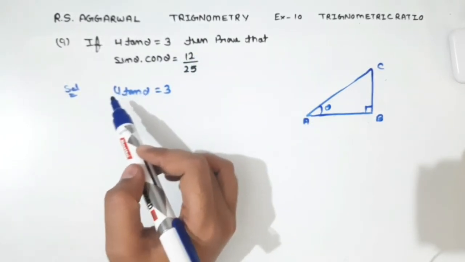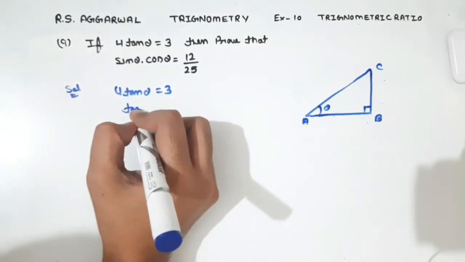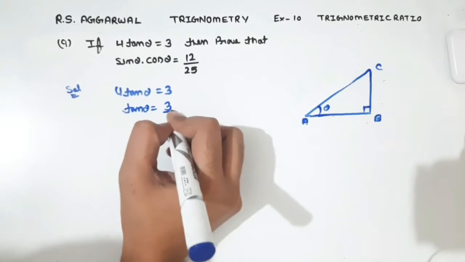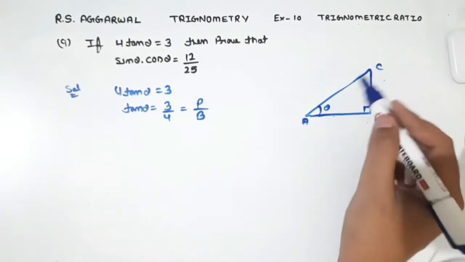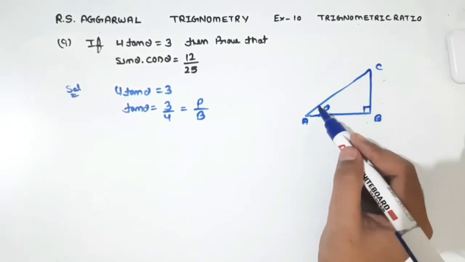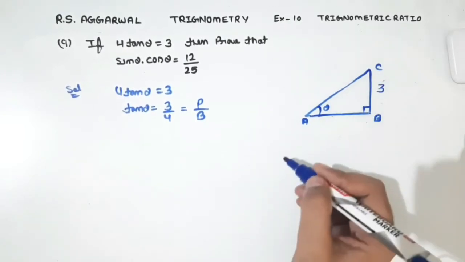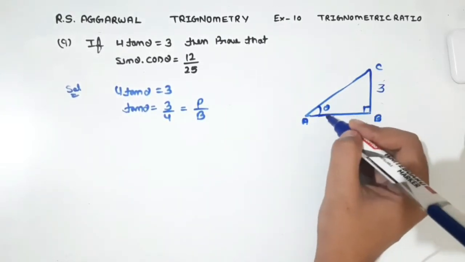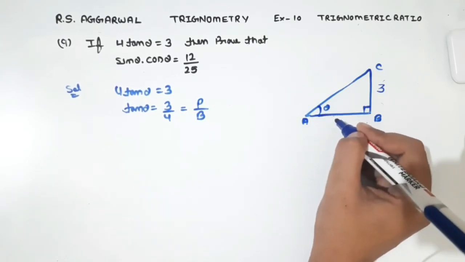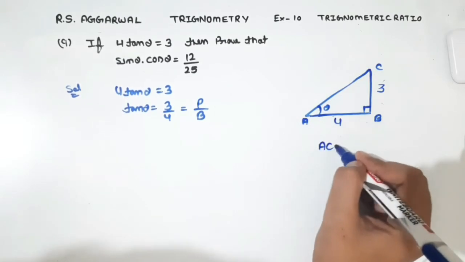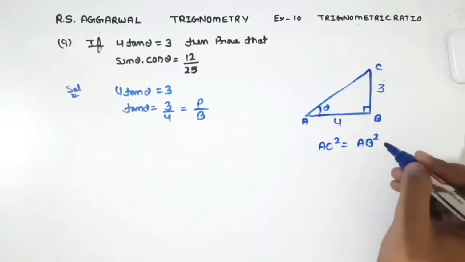So we have given 4 tan theta equals to 3. So from here tan theta will be equals to 3 upon 4, that is perpendicular upon base. So in right triangle ABC whose angle A is theta, our perpendicular will be BC, that is 3, and base will be side adjacent to angle theta, that is AB, that will be 4. So our AC square will be equals to AB square plus